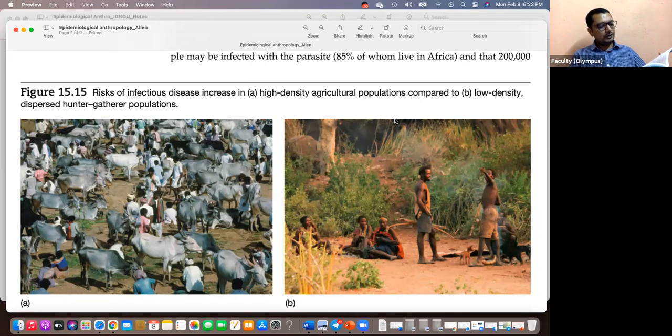Narrate the evolution of disease and major causes of ill health in human populations. How diseases have evolved. We discussed various factors, agriculture, migration. So you focus on that. A 2018 question had come on this. And describe the scope of epidemiological anthropology in the study of infectious and non-infectious diseases. So a straightforward question on epidemiological anthropology and its role in studying diseases. And a short note on epidemiological anthropology. Twice it came, 10 marker questions. So you need to write briefly about anthropology and use examples.